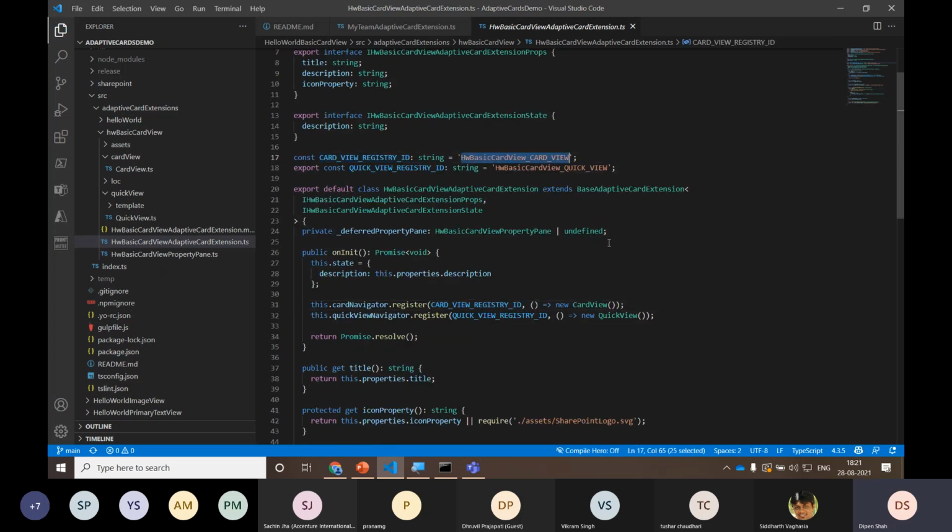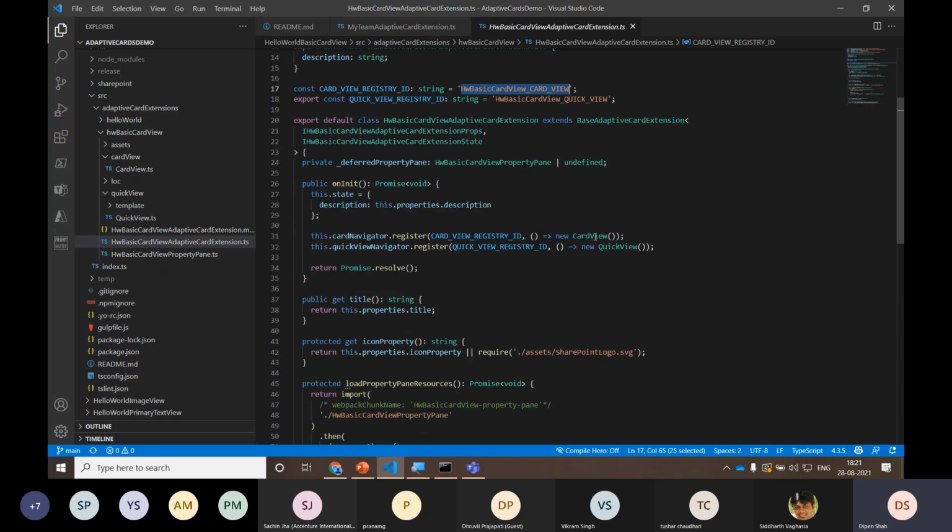It's a simple string that must be unique. And the second is the card view. It's similar to a React project, where we call a React component based on our redirect logic. So new card view and new quick view are components, I can say.